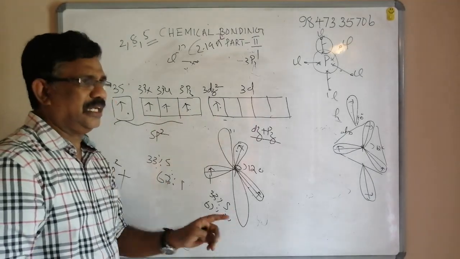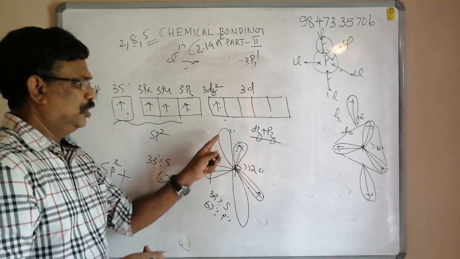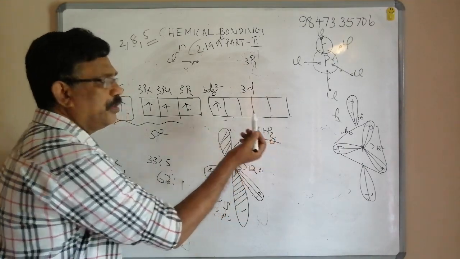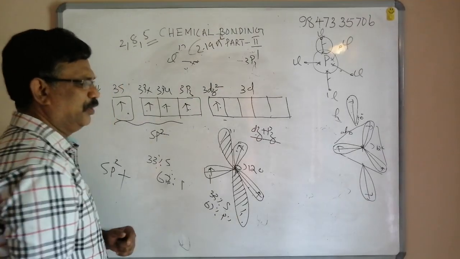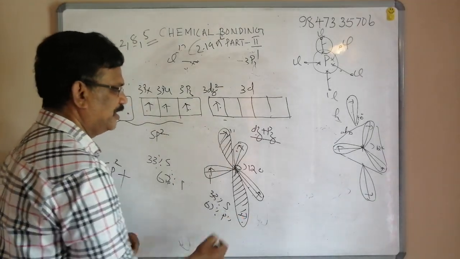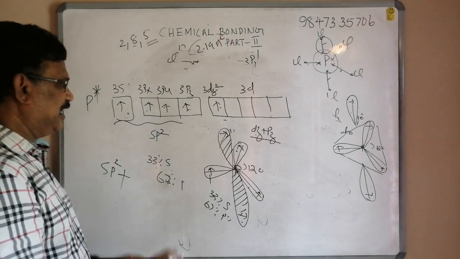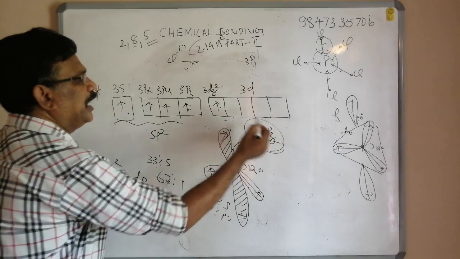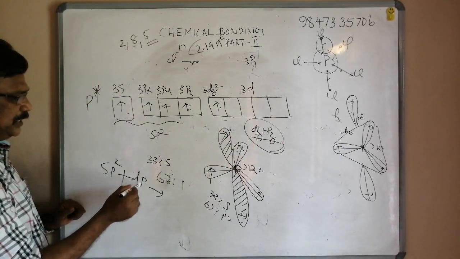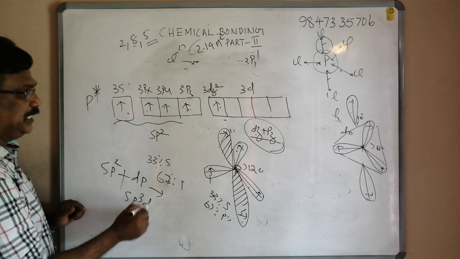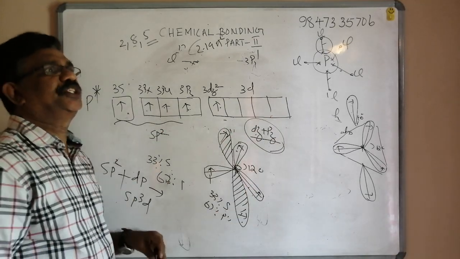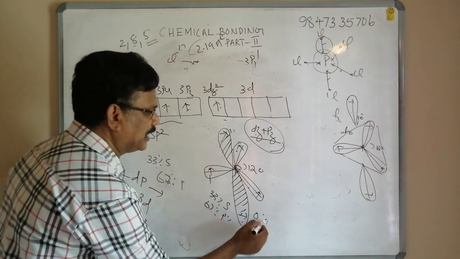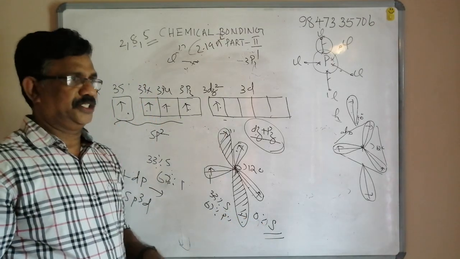Here there is no s character, 100% p character. 2 orbitals, not 1 orbital, 2 orbitals mixed. The 2 orbitals are produced to carry 1 electron each. This is the axial orbital. And sp² plus dp, this is dp hybridization. So sp²plus dp, totally sp³d hybridization. And this orbital has 0% s character. In the entrance examination,